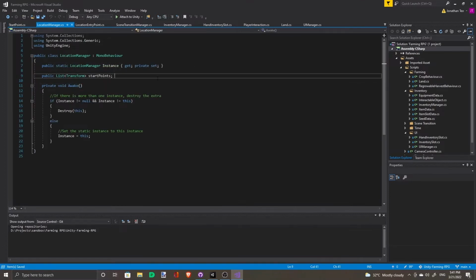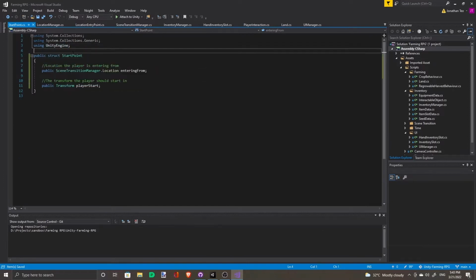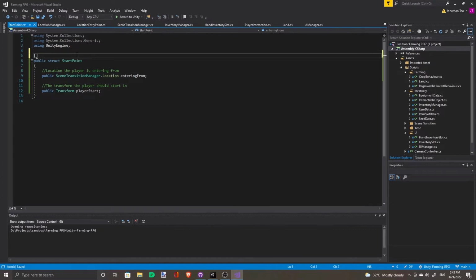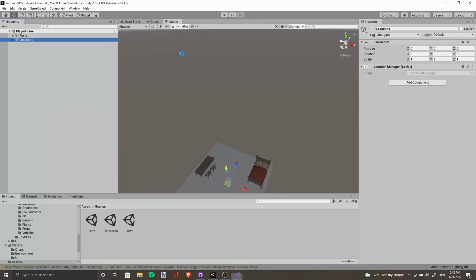With that, instead of a transform, we declare a list of start points. Oh, don't forget, in start point, make sure it's System.Serializable, so we are able to see it in the inspector. There.